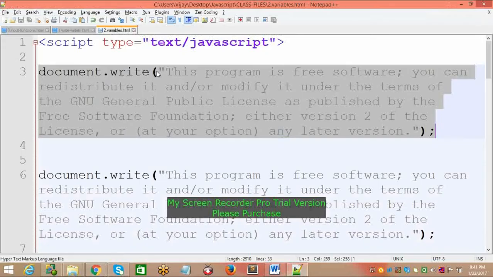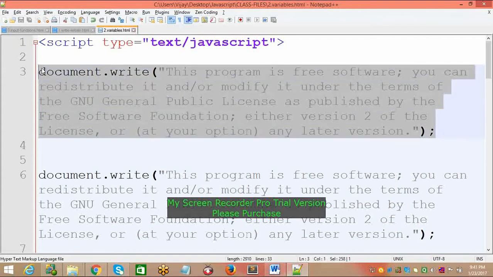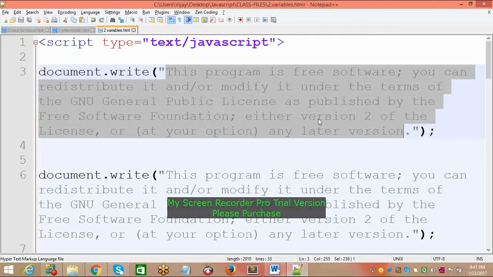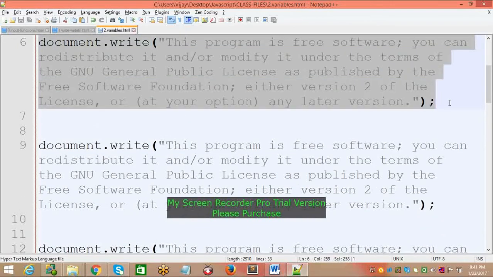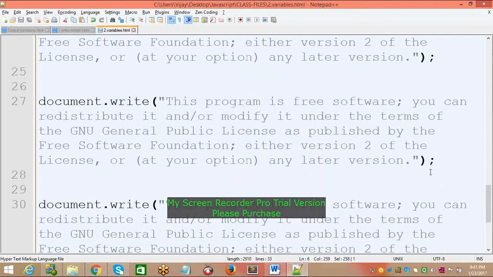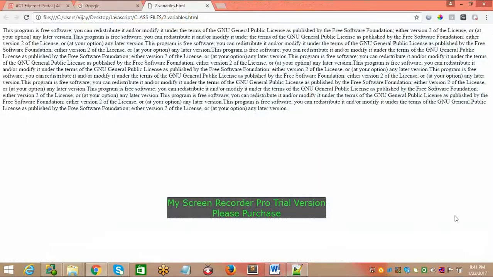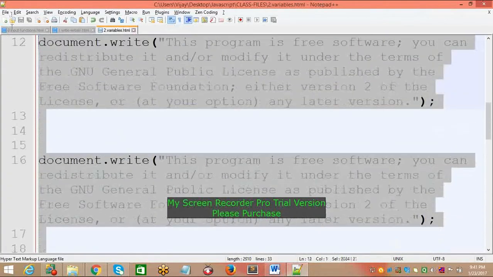But from a programming point of view, or a search engine point of view, writing this program and generating the same result multiple times by following this procedure has some issues. Number one: if you want to change any information, not only one statement, whatever number of statements we have written, every statement we have to change. This is a time-taking procedure. Number two: programming size is increasing, writing the same statements multiple times.